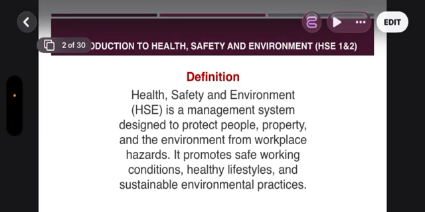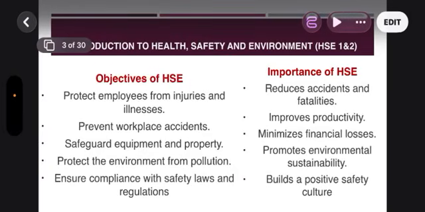As you know, once an accident happens, it affects people, those on site and off site, it affects the property, the environment, and assets, and it also affects the reputation of the organization. So what a health and safety officer does is to ensure that no accident happens that affects these four factors. So we'll be looking at the objectives of